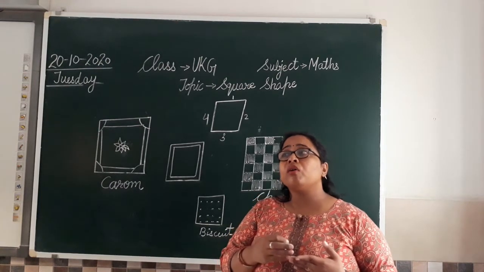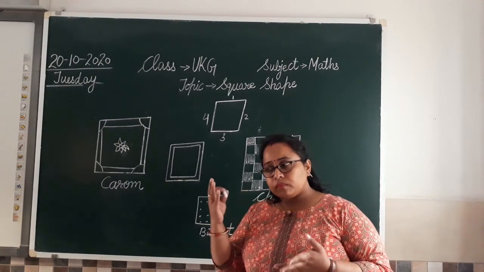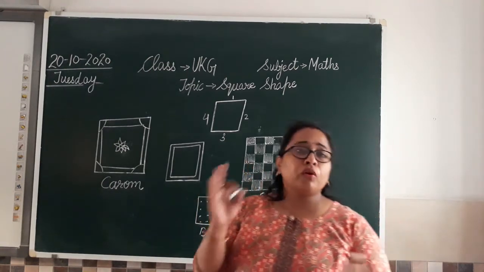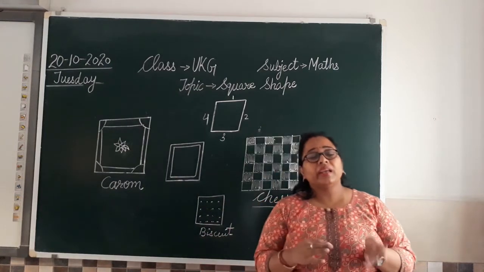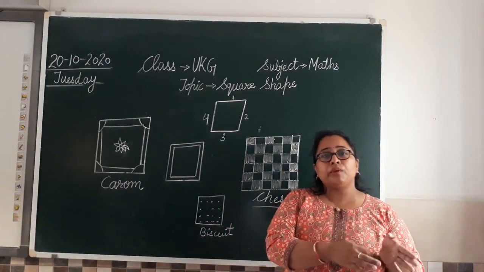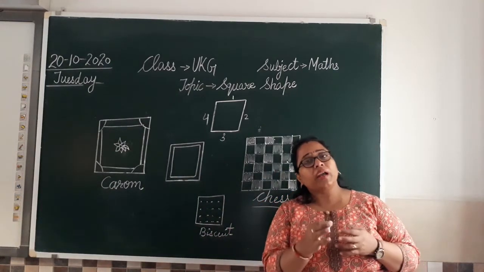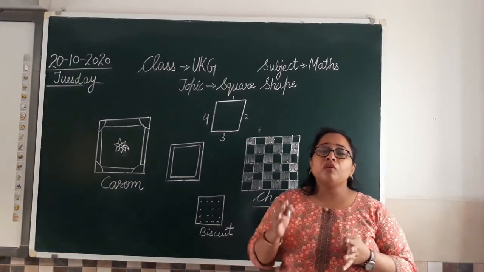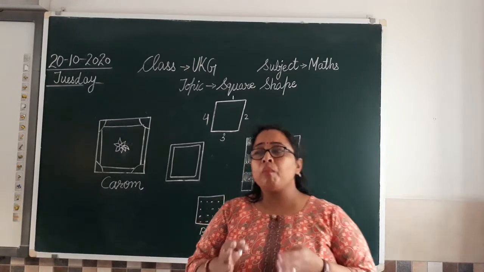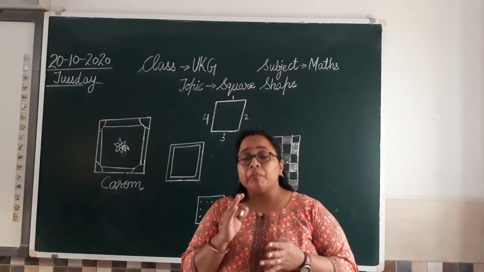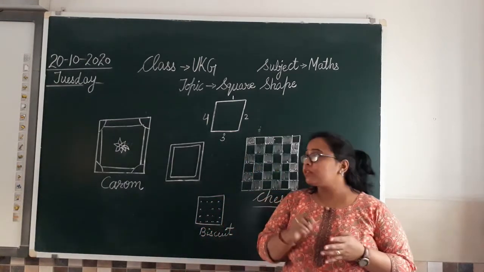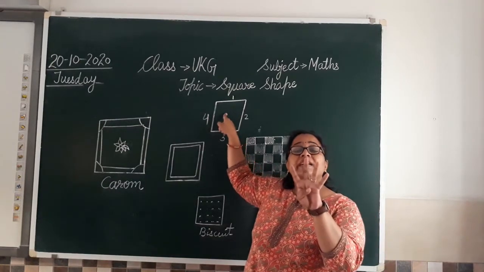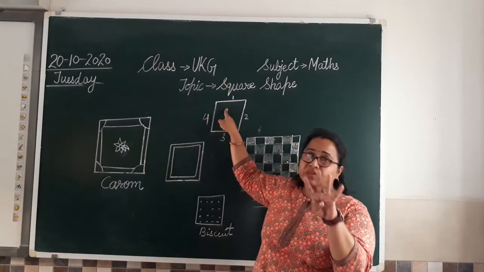Then we have a lot of photo frames in which we keep our pictures. Although every photo frame is not square in shape, yes, it is an example of square shape because we can find photo frames square in shape. Clear? So what you have to keep in your mind, what you have to memorize or learn is, square is the shape whose 4 sides are equal. The shape having 4 sides.